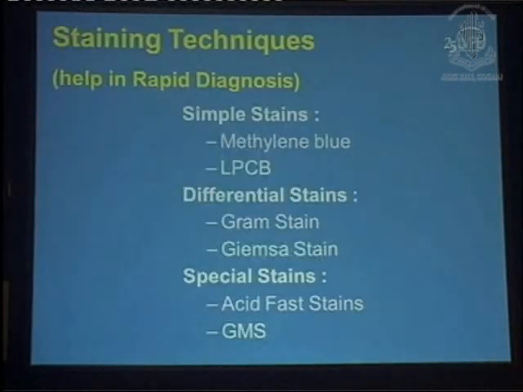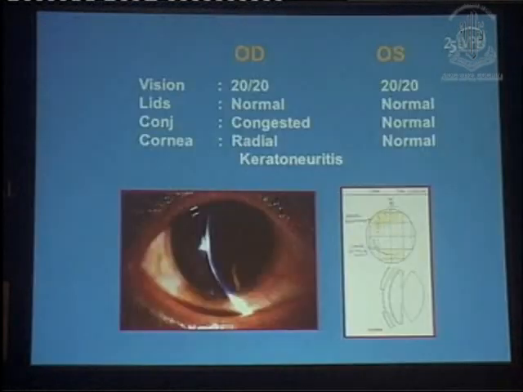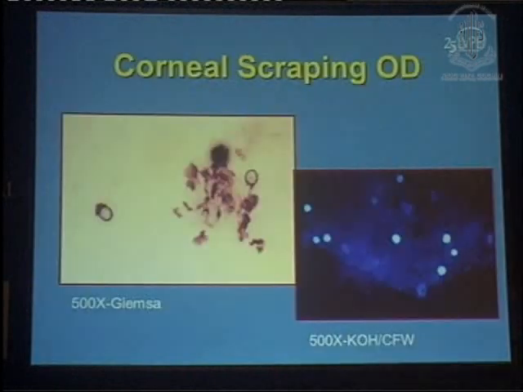Thus, we have many simple stains as well as differential stains for examination of corneal scrapings, which are listed here. I'll tell you the details as I go along. And I'd like to give another example where clinically one would think of this patient as viral, but there was a radial keratoneuritis, and what we saw in the corneal scraping, though we have written here calcofluor white, you can see these cysts of Acanthamoeba even in just potassium hydroxide, and there are many publications which support that, and we saw the cysts even in Giemsa stain. So this is another instance of how direct microscopy can give you the diagnosis.